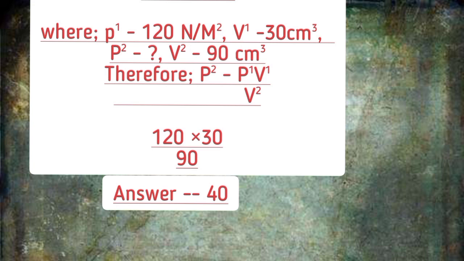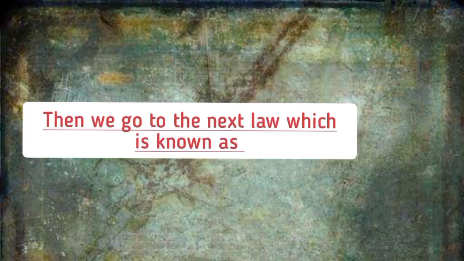So this is the solution, where P1 is equals to 120, then V1 is equals to 30 cm cube, P2 is unknown, V2 is what? 90 cm cube. Therefore P2 is equals to P1V1 all over V2. This is the formula we are using in this video. So then we go to the next law, which is known as